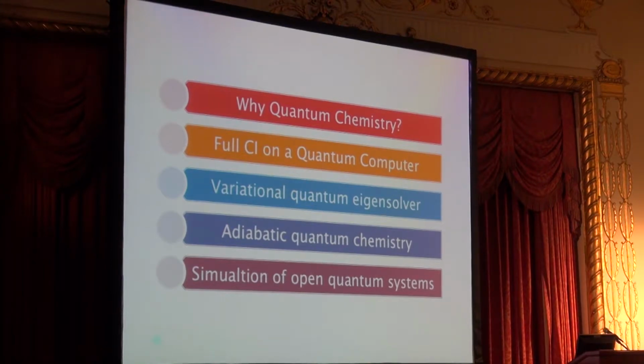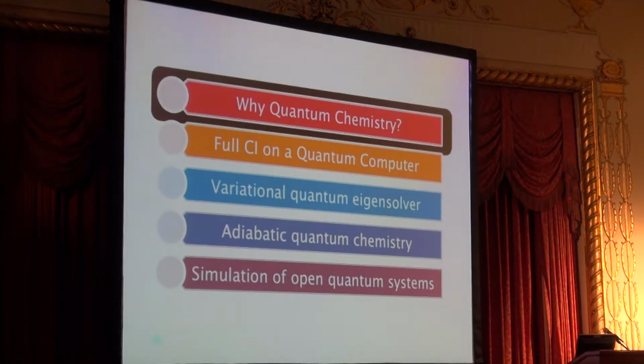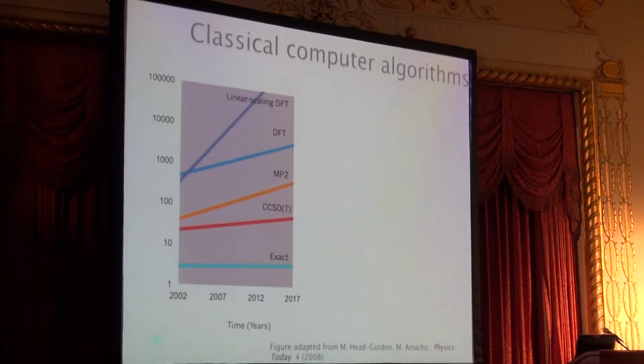Actually, I'm going to allude to one of the last slides of Jake. What physics or chemistry can we learn if we were to have a quantum simulator? I've been arguing, and I continue to argue, that if you want to make a quantum simulator, it has to be beneficial to society. And I am a fan of phase transitions as well, but if we understand some of these phase transitions in physics, it might not really help us solve problems like the energy crisis or something like that, right? So why would we like to do quantum chemistry?